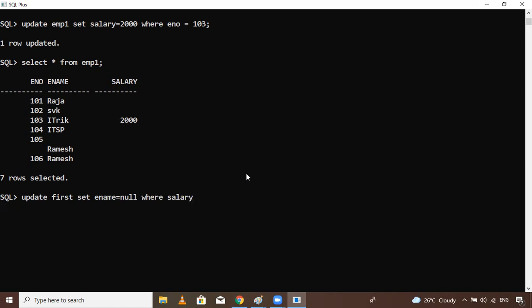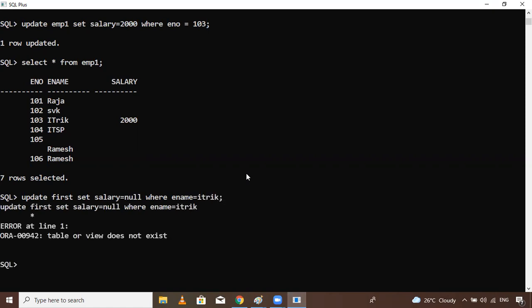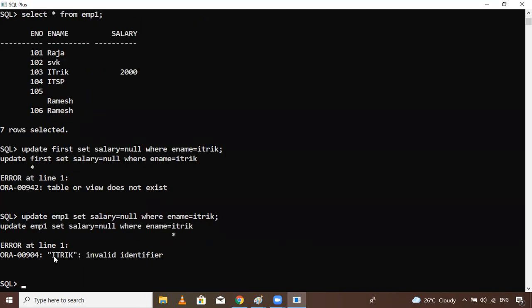No, I want to set here salary. Yeah, just salary, salary instead of null, passing here. Where ename equals to what is that? Just let's see. Now here, first, table view, EMP1. EMP1 is there. Okay, now let's see.